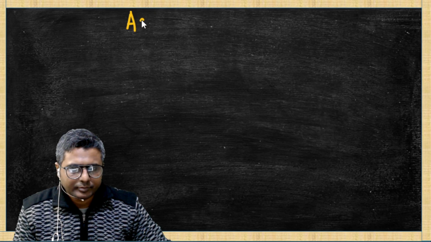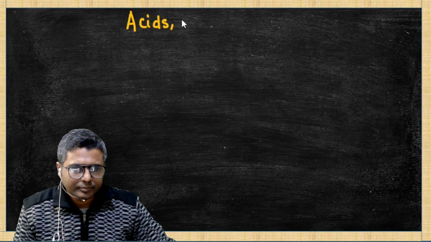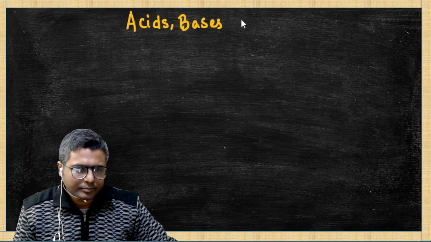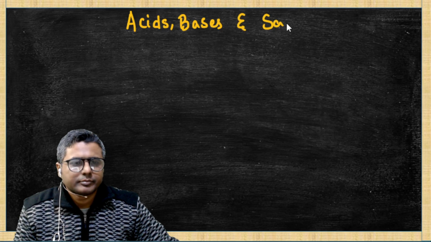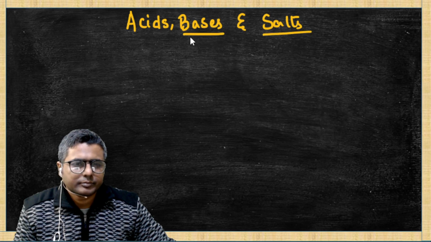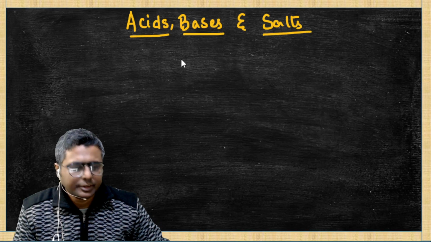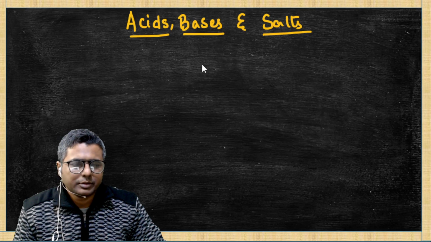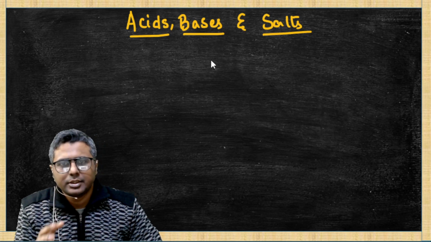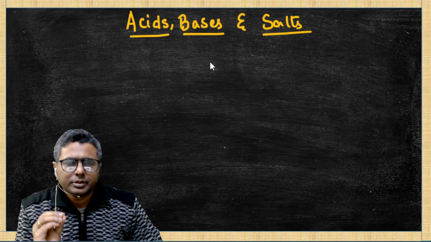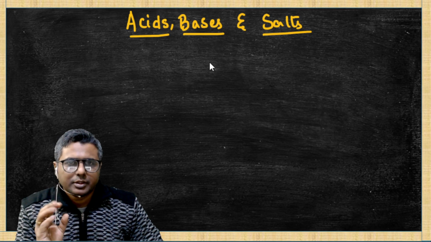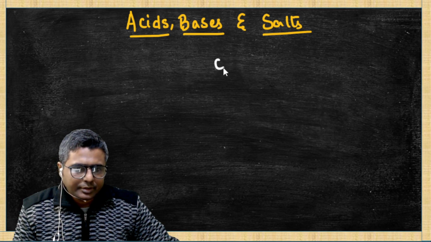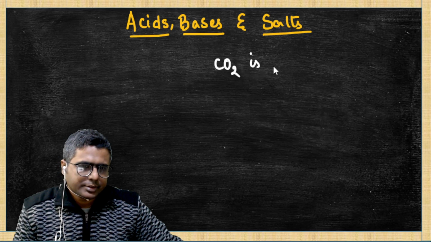আজকে আমাদের যে টপিকটা আমরা পড়ব সেটা হলো অ্যাসিড বেসেস অ্যান্ড সল্ট। ফার্স্টে আমরা বুঝে নেব হোয়াট ইজ অ্যাসিড। সো দেখো, কোনটাকে অ্যাসিড বলা হবে কিংবা কোনটাকে বেস বলা হবে, হুইচ এভার সাবস্ট্যান্স উই আর গোয়িং টু কল অ্যাজ অ্যাসিড অর বেস ডিপেন্ডস আপন সার্টেন প্যারামিটার্স। ঠিক আছে, লাইক ইউ ক্যান সে কার্বন ডাইঅক্সাইড is acidic,